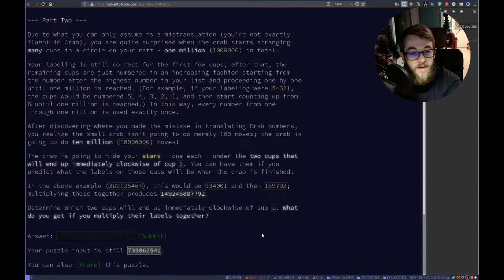The crab is going to hide your stars. He's taking our stars. Really like all this highlighting, by the way. It's really cool. Under the 2 cups that will end up immediately clockwise of cup 1. You can have them if you predict what the labels on those cups will be when the crab is finished. In the above example, 39 blah blah blah, this would be